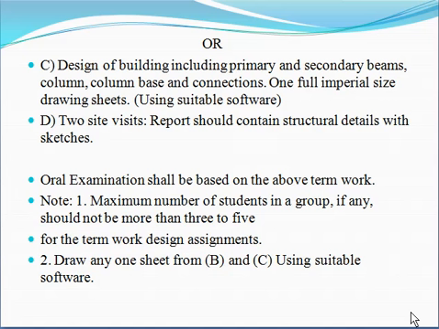Note, the maximum number of students in a group in any case should not be more than 3 to 5. Means you try to make your group of 3 students only. First of all, try to make your group of 3 students. If not possible, and some students are pending, then you add them. That is 4. Do not go for 5 at the beginning.